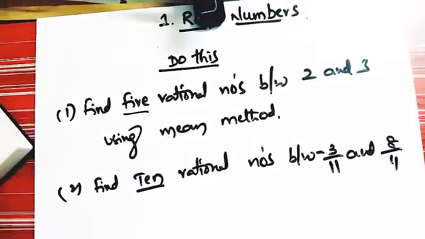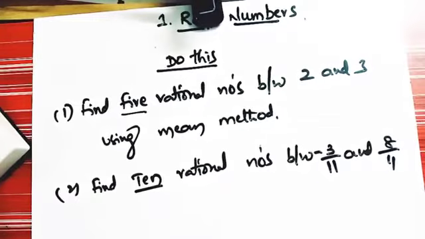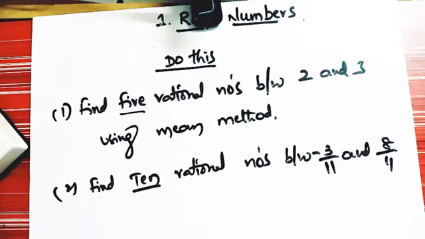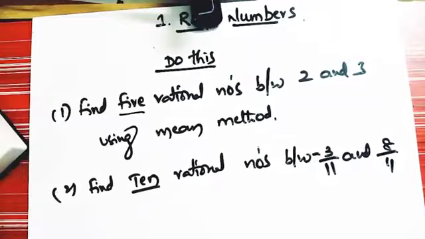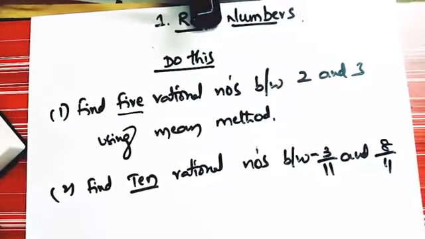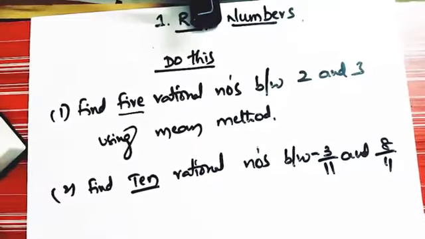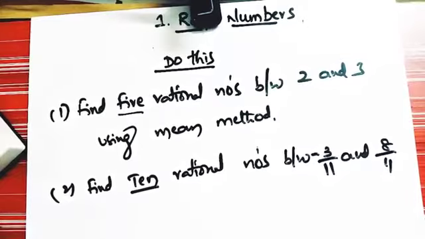Now you can do these problems. Find 5 rational numbers between 2 and 3 using the mean method. The next question, find 10 rational numbers between -3 by